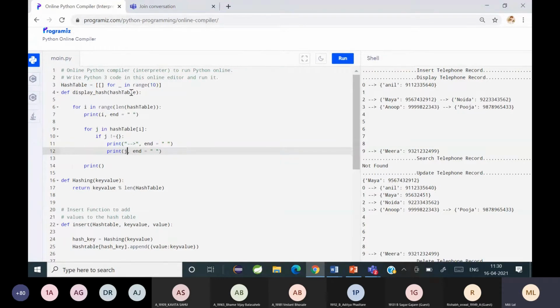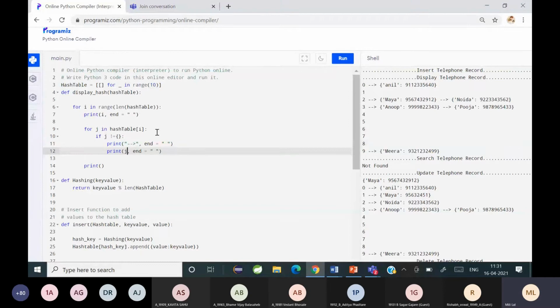Okay, so this is how the display function works. You are just formatting the display. So you can just see I in the range of length of hash table, and for each I you're taking J. That means for each index you have, again inside a particular index you have a set of list. So you're taking that J and you are printing it. Okay, so that's how you are formatting the display.